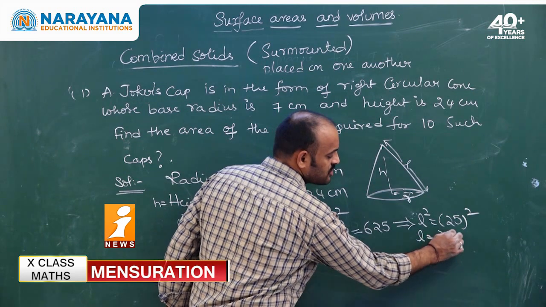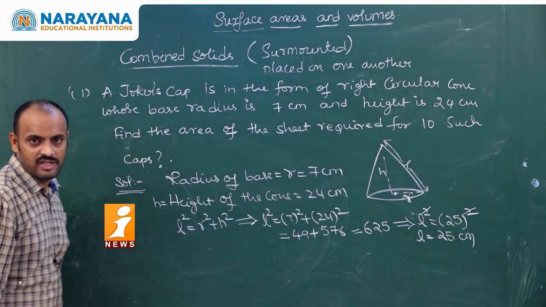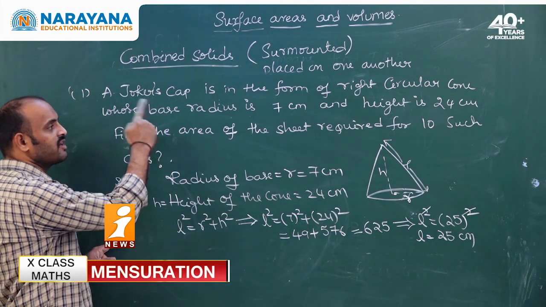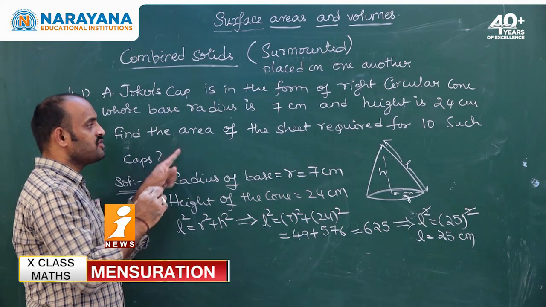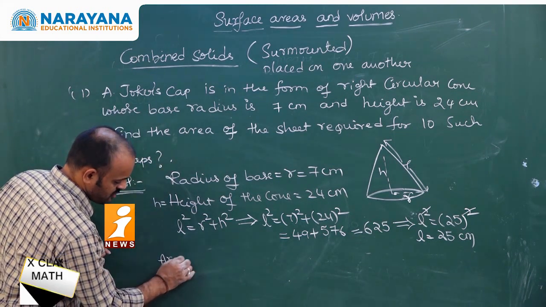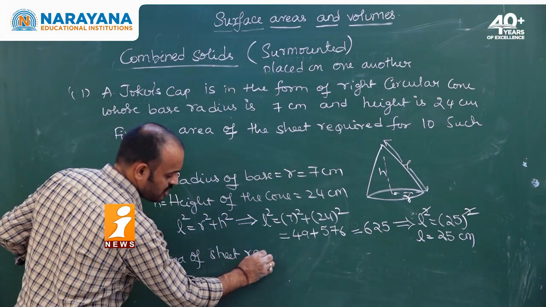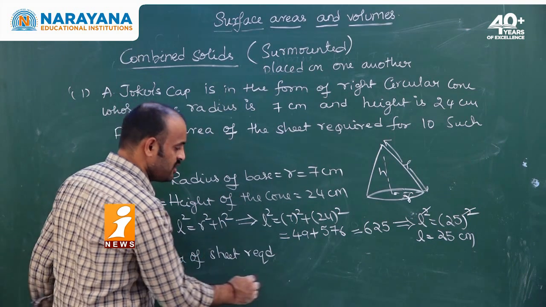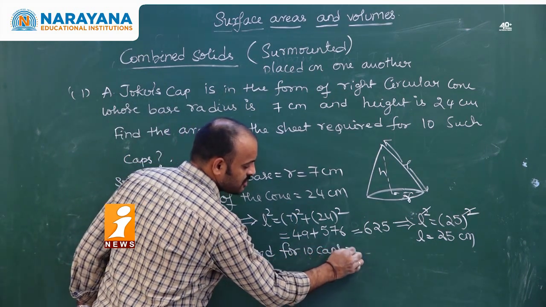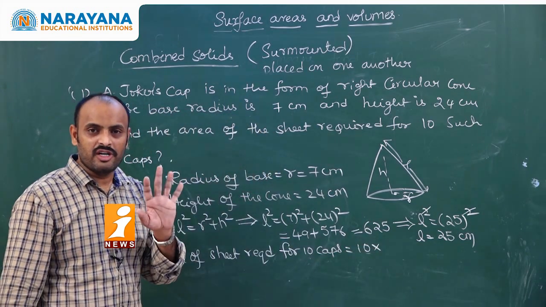Therefore L is equal to 25 centimeters if you cancel the squares on both sides. I got the slant height now. Now I can find the area of sheet required for one cap. Area of sheet required, REQD means required, for 10 caps is nothing but 10 into